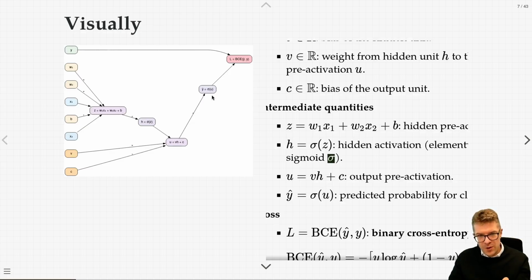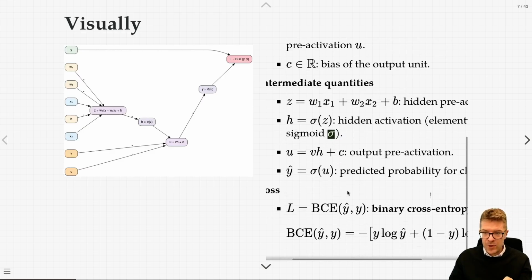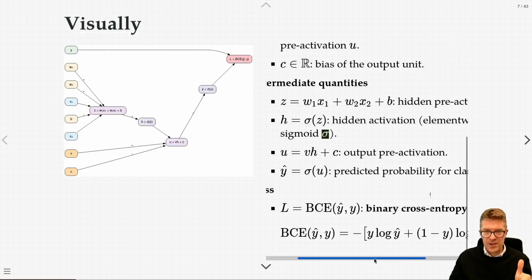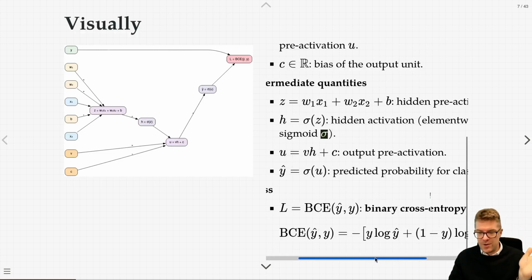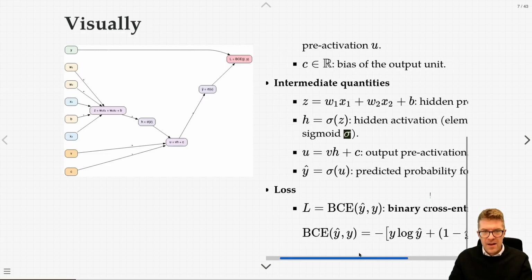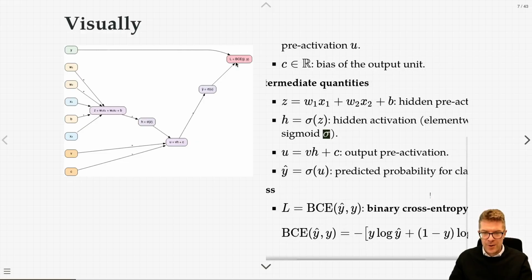u is also pushed through a nonlinearity. We mentioned in the past module why nonlinearities are so important, and that finally gives us our prediction y hat, which is sort of a probability for class 1. If the probability is high, we think it's class 1. If it's low, we think it's not class 1, i.e. it's class 0. And then finally we have this special node over here, which is L,